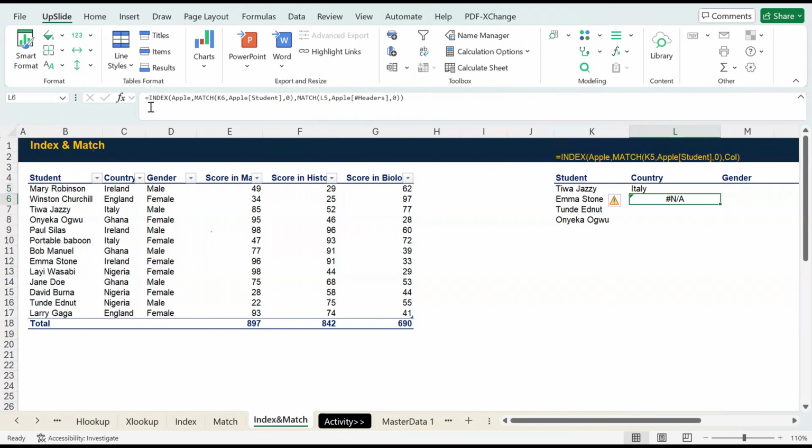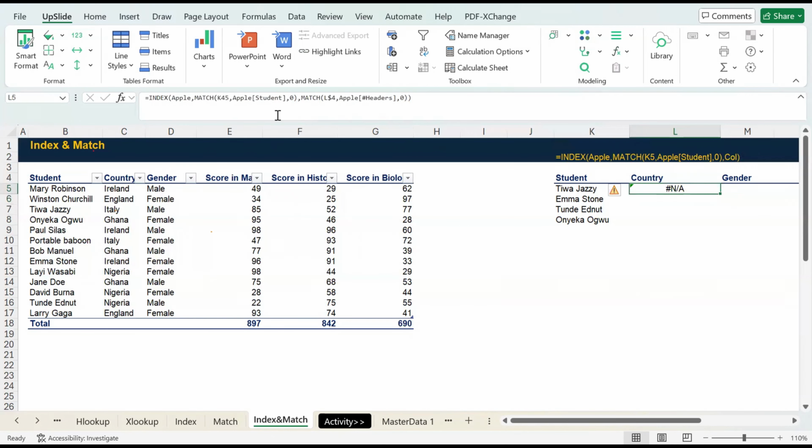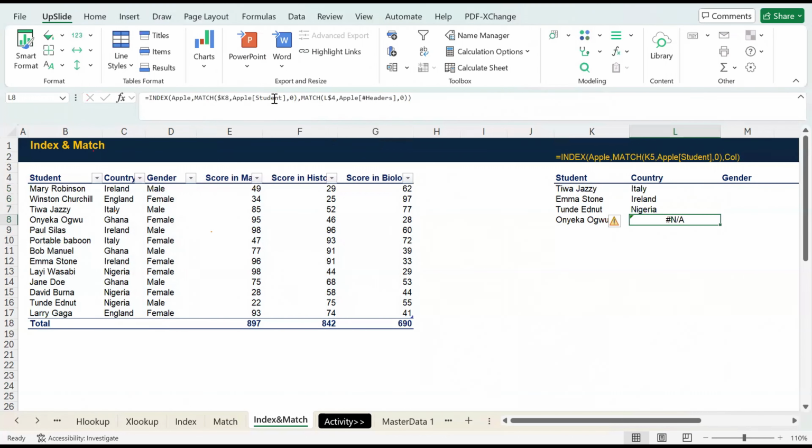And I didn't lock it properly. So if I come here, this is our L4. We don't want this to keep moving. We want to stay in 4, so we put our dollar sign for 4. These are K5. We want to stay in K, so put a dollar sign in front of K. We want to stay in K, so put the dollar sign here. And now if you drag it down, you see we have